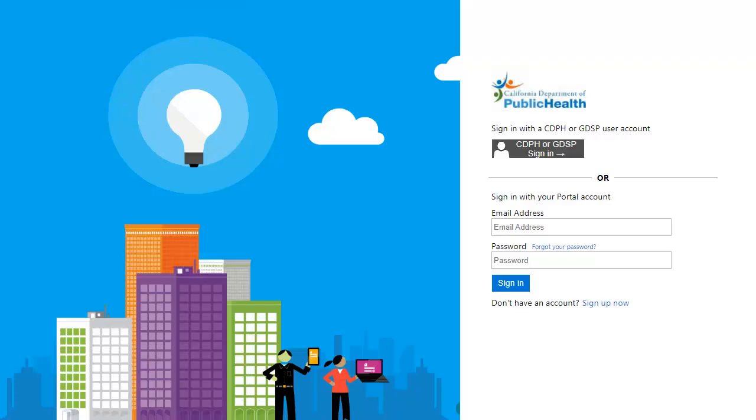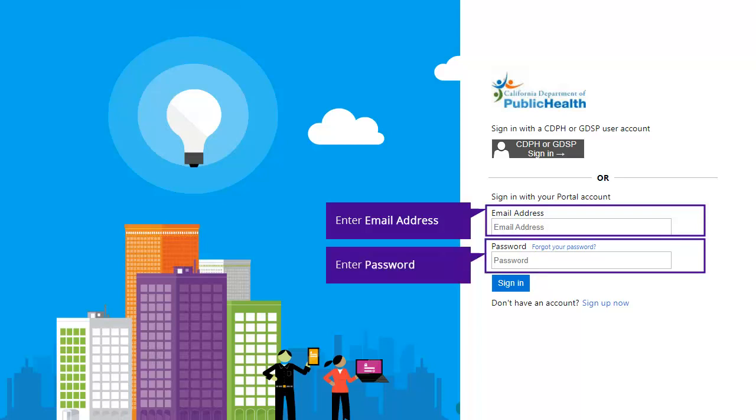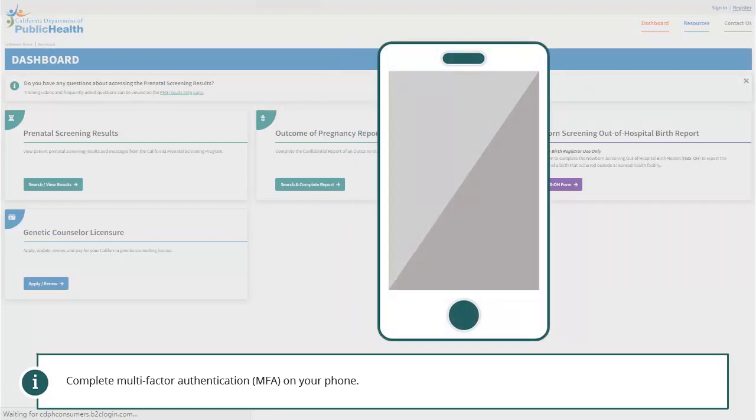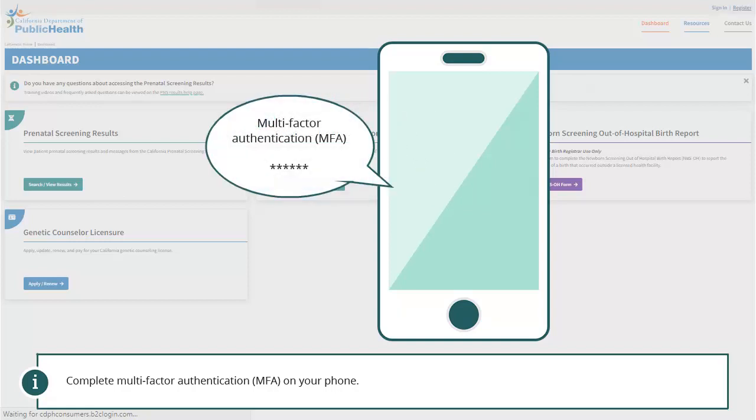On the login screen, enter your email address and password in the respective fields provided, and click Sign In to log into the portal. When signing in, after the initial access, you will be asked to enter your phone number, which will be stored to confirm your identity with a code sent to you via phone call or text to the number provided as a form of multi-factor authentication. Once you verify your account via MFA, you will successfully be signed into the CalGenetic portal and will land on